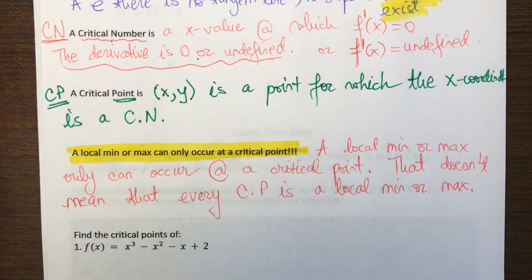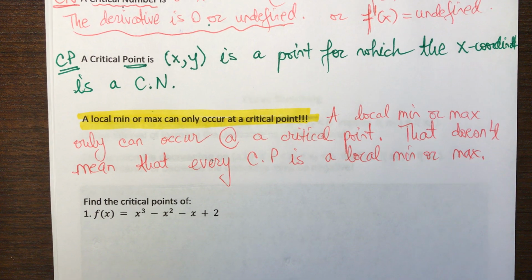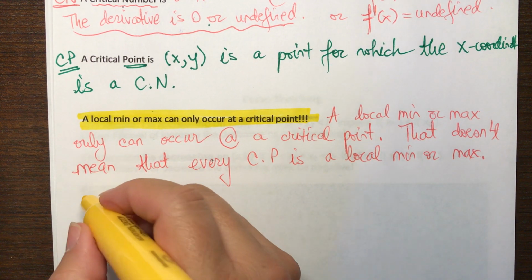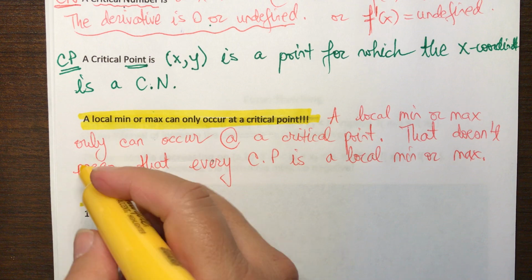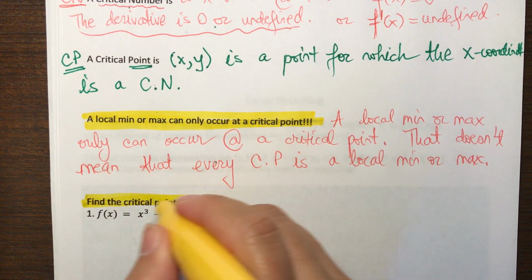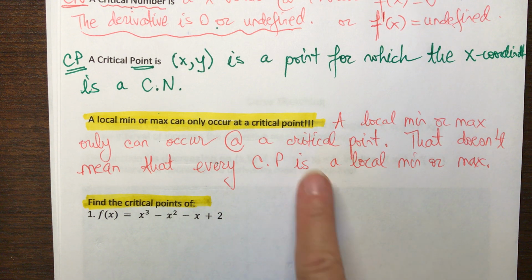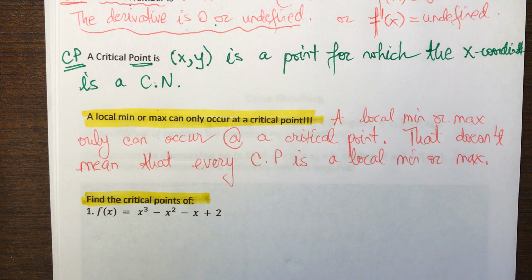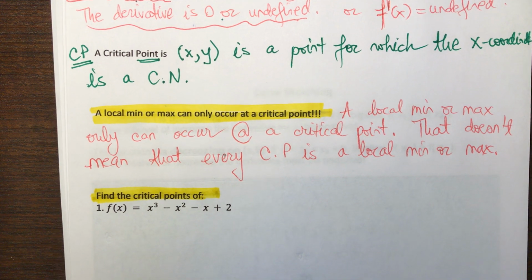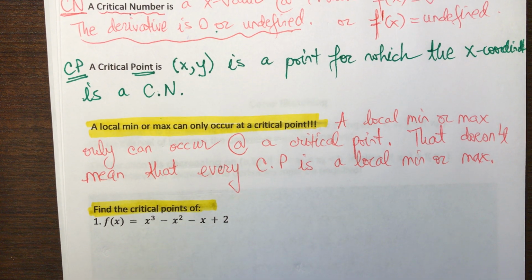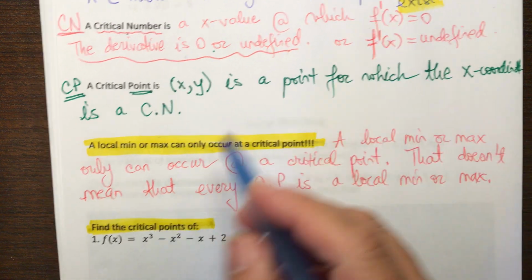Okay, so this is what we're going to do first. First practice, just find the critical points. Okay, that's the first step really in graphing such functions, in finding your mins and maximums. You have to find the critical points, right? And then check up on those critical points, see which ones are mins and maximums. Okay, so how do I find a critical point? I have to look at what? First of all,